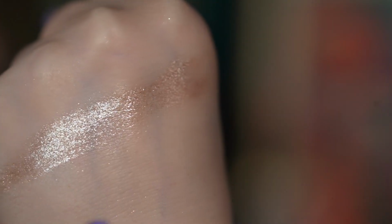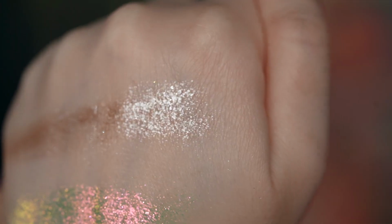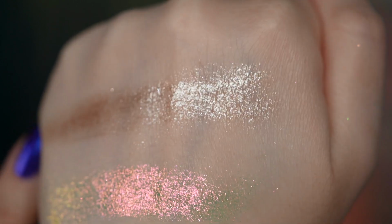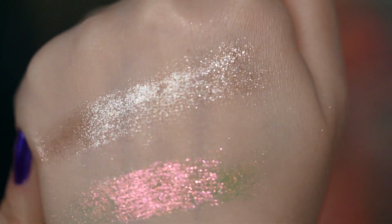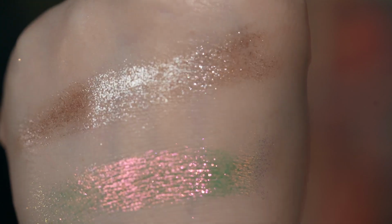So you can see what that looks like. This one can definitely also be sheared out a bit. Brown. So this shade has a brown base to it, but it's kind of like a mid-tone brown, and it definitely leans a little bit more cooler tone, like more of a taupe. It has white flecks throughout it that are pretty prominent, and they sway the entire shadow to look even more